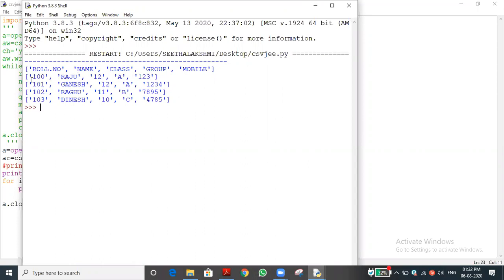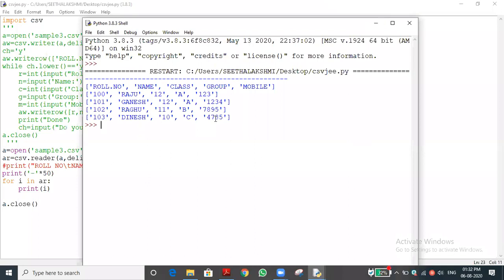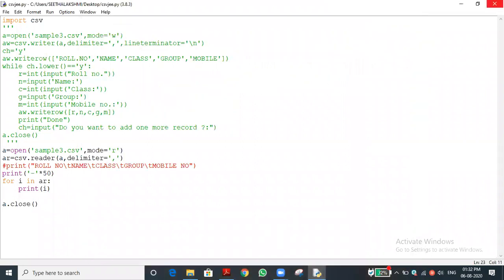So for example, first record, second record, third and fourth. Likewise, record wise. Record means here what is the meaning? Row is called a record, in a CSV file I'm saying. So the data will be accessed row wise or record wise. Have you understood this output? Rest of the students? Yes, sir. Okay, let me go to the next concept.